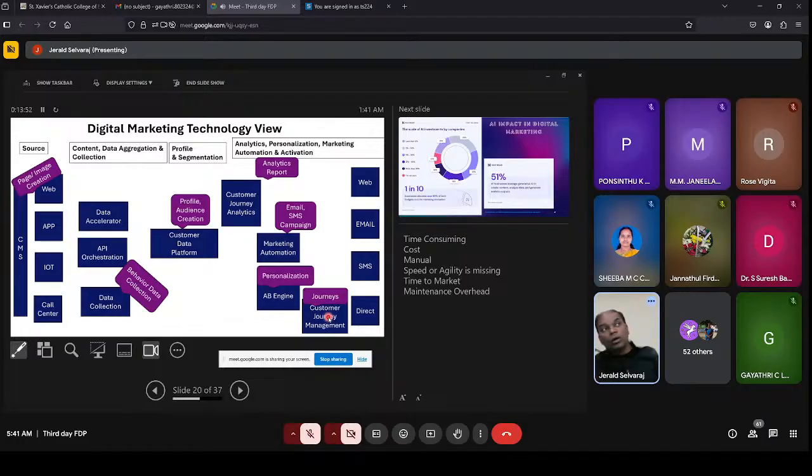All those things can happen through the customer journey management, which you can see over here, which is completely managed by the different types of journey. Also, when they enter the website, based on customer behavior, there is the AB engine. AB engine is AB testing. I mean, AB means A version, A content or B content. Based on the type of customer, you can put different types of